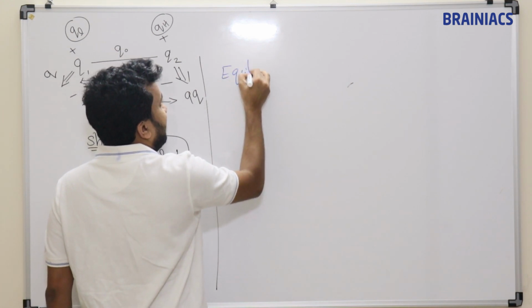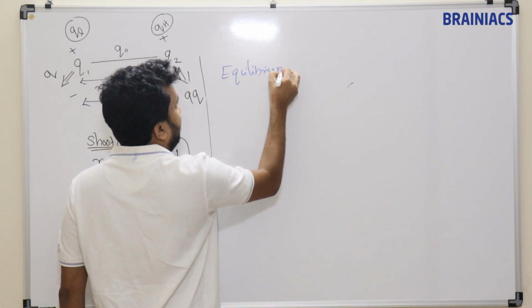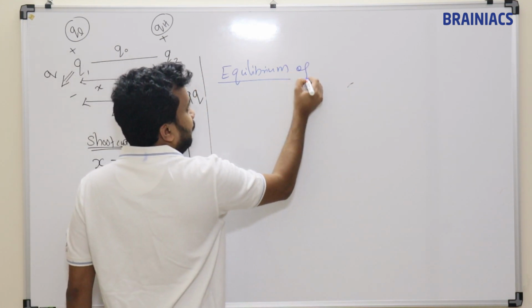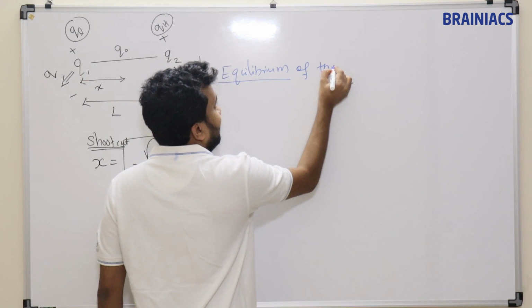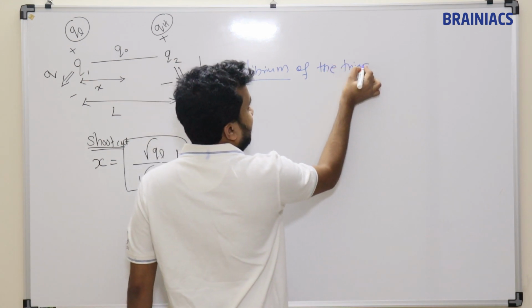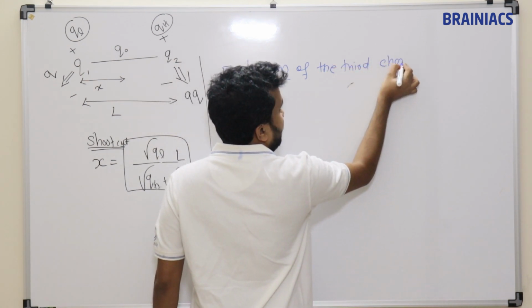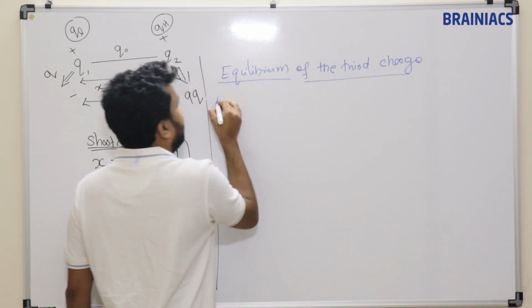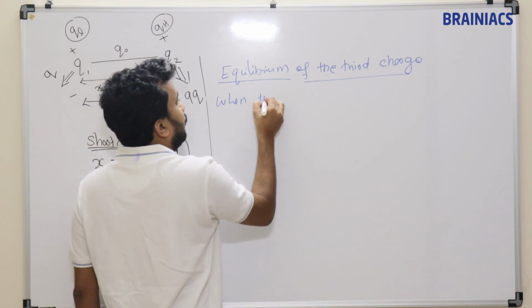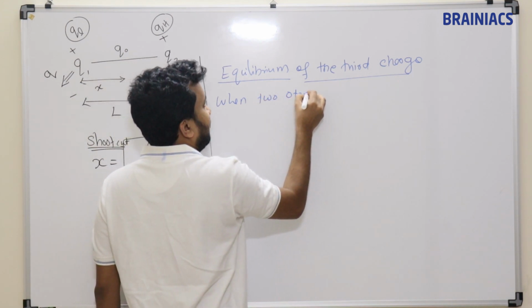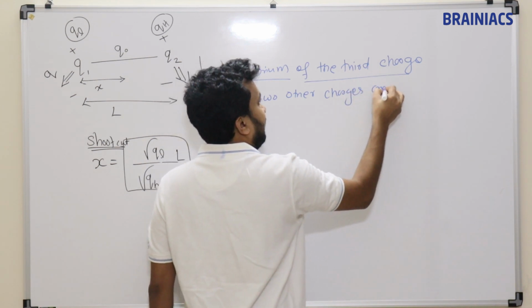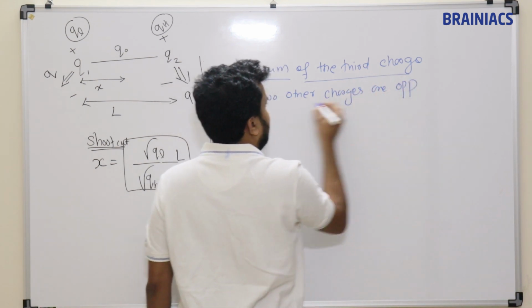Equilibrium is the main heading, as we discussed in the last class. And equilibrium of which charge? Of the third charge. Equilibrium of the third charge when two other charges are opposite,